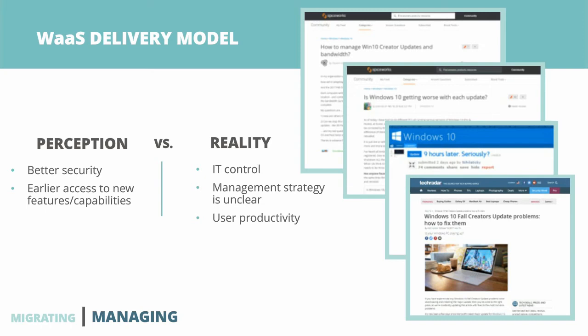And this Windows as a Service delivery model has implications not only for how the product is delivered. My first impression of it was basically that it's a pricing and subscription and licensing change. So it is that, but it's also this whole other delivery mechanism. So keep that stuff in mind.